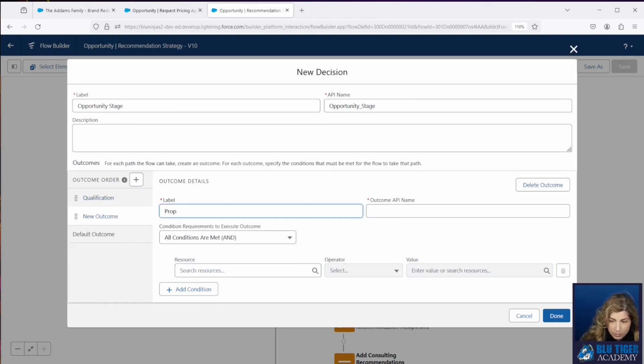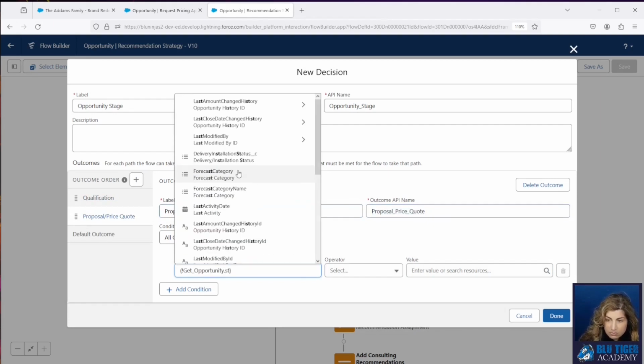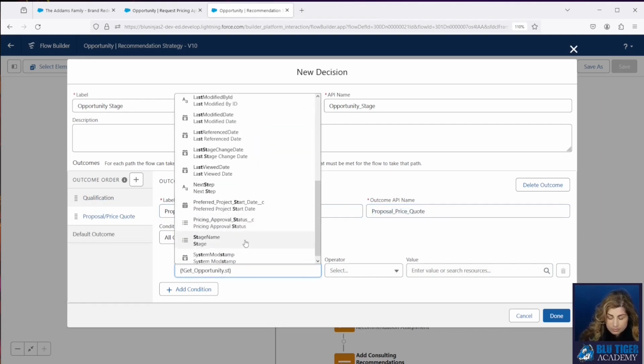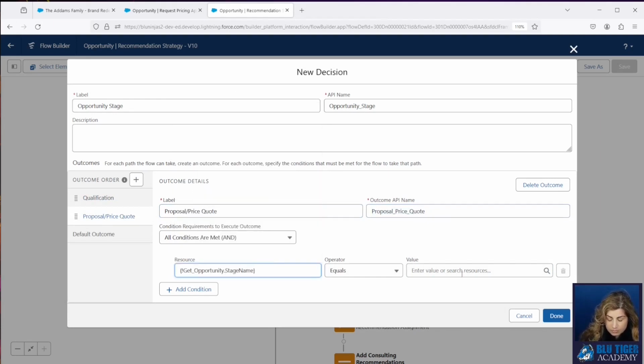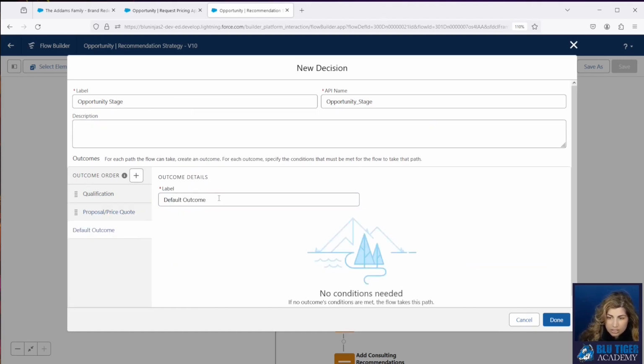Our second one will be proposal price quote. And then we'll just change this to say all other stages.